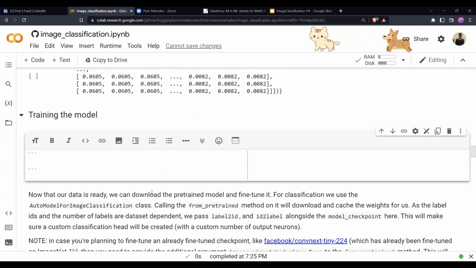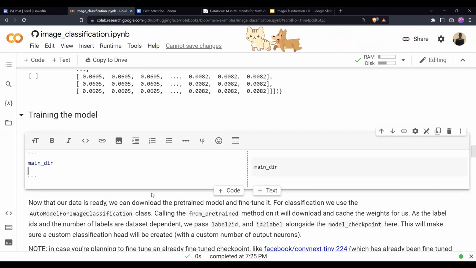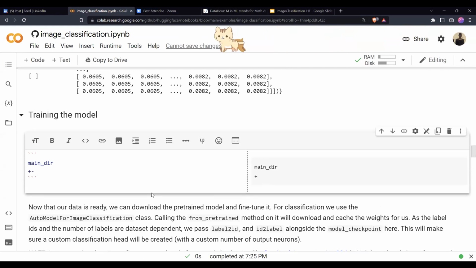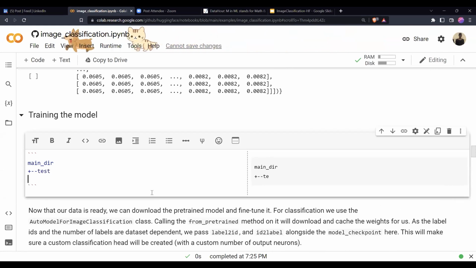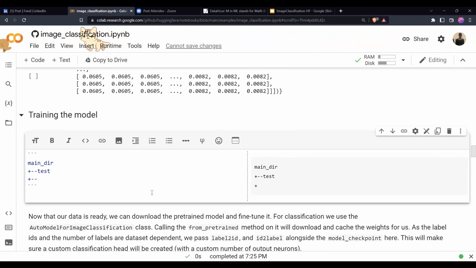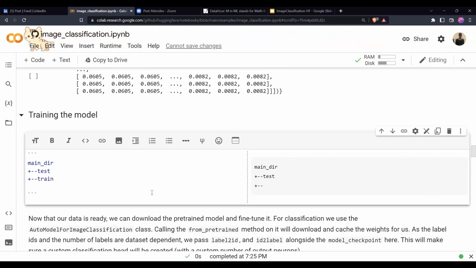Here you will have a main directory, and inside the main directory you can put one folder called train, and inside that another folder called dog.